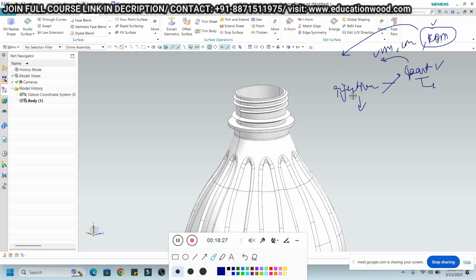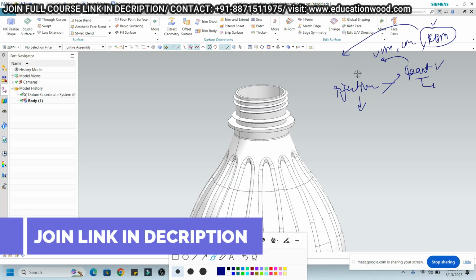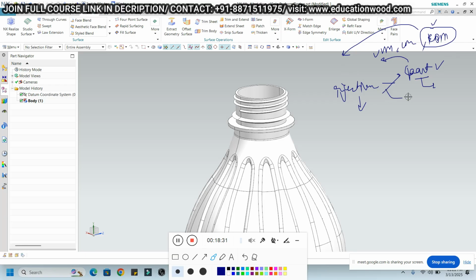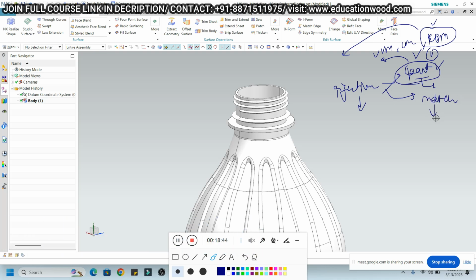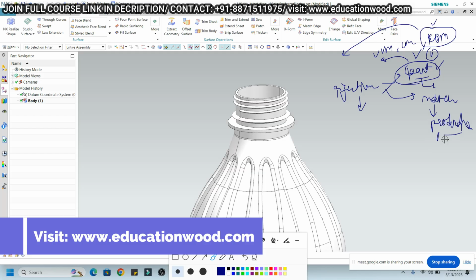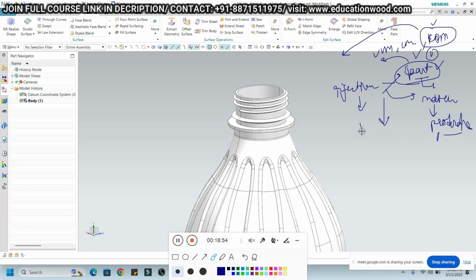If we reduce the EDM, it will become quite cheap. This is one factor, but there are more factors: the part geometry, the material we choose, and the material choice depends on how much production we need of that component, the tolerance, and also the location. That's why I'm asking what the cost will be in India.